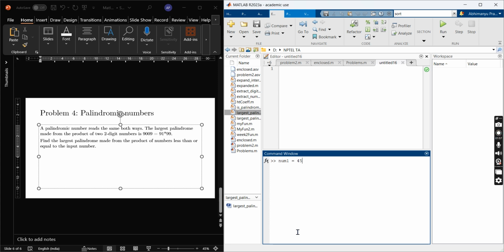My number was 4567, right? I need to create a number that is 7654. So I will simply convert this number to a string: num2str of num1. This will convert it into a string. Then I will reverse this string. There is a command called flipstr, I think. So if I do flipstr of num2str,